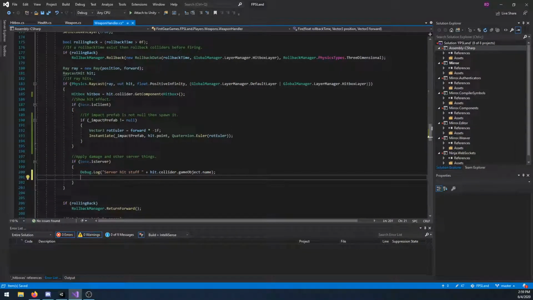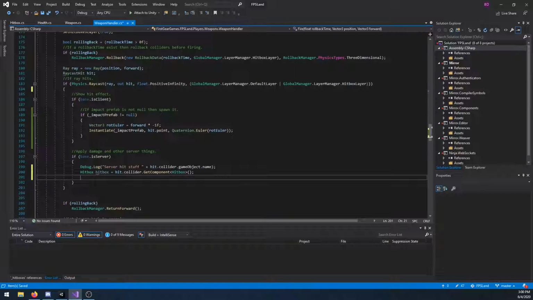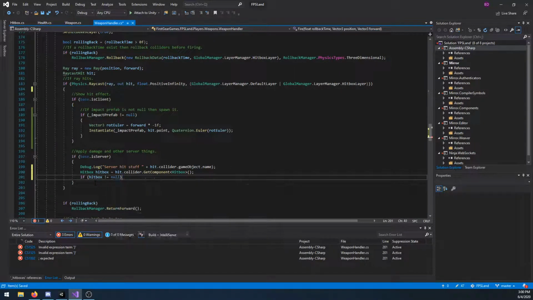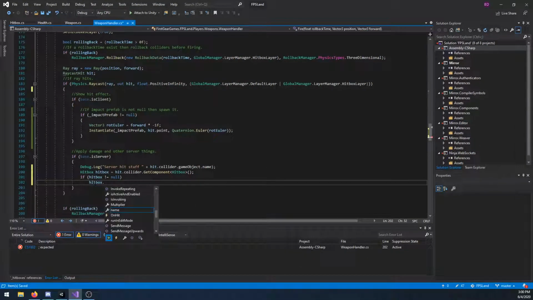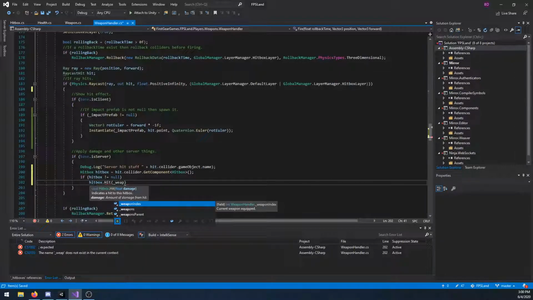Actually, the hitbox I'll probably move to both server and client whenever I have different impact effects, but right now the impact is only going to show on the client, and it's going to be a static effect, so I don't really need the hitbox reference right now for the client. So I'll just do if hitbox doesn't equal null, then hitbox dot hit, and that would be weapon